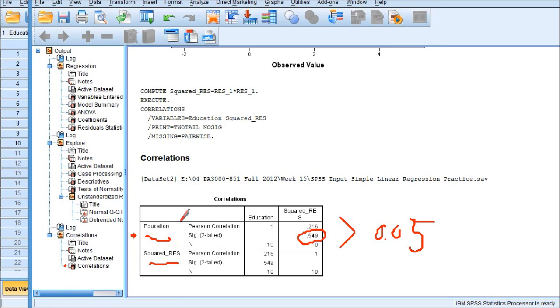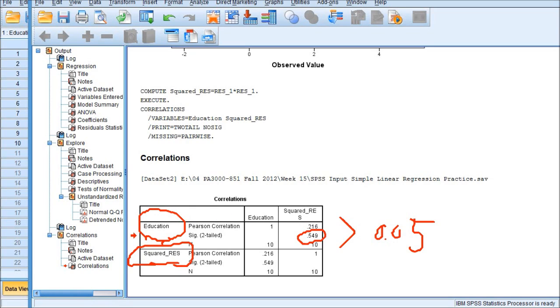Am I right? There is no statistically significant correlation between this independent variable, which is education level here, and the squared residual variable. No correlation.